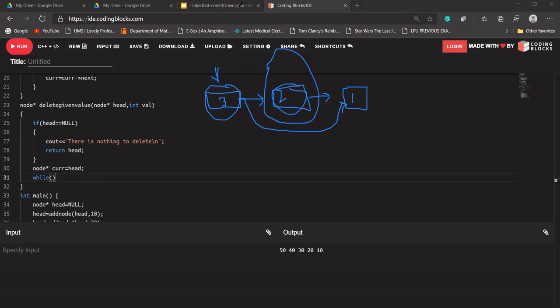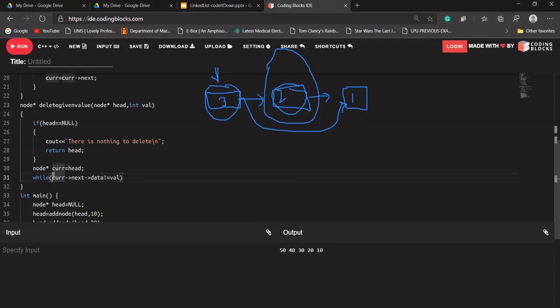Let's try. Okay. So what I'll say is, current's next data, this while loop should run until current's next data is equal to VAL, means it should run while it is not equal to our value.